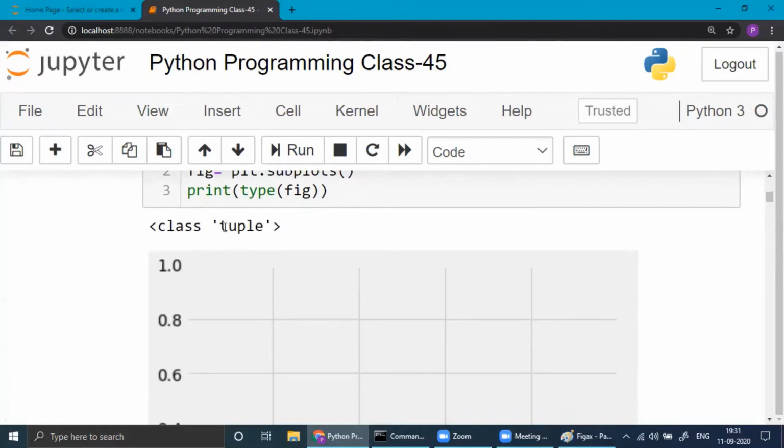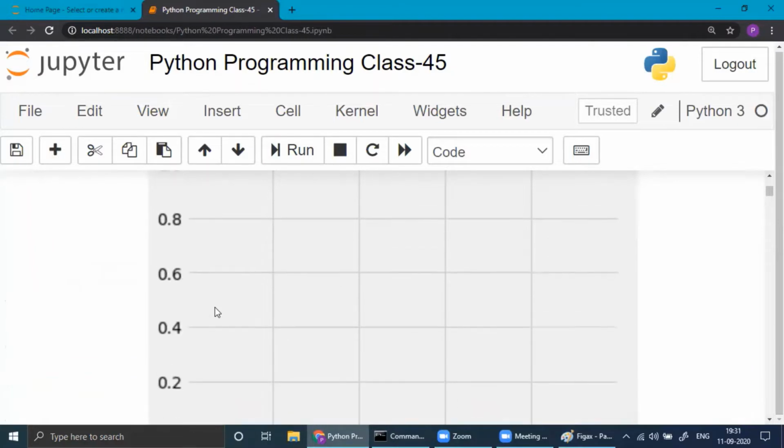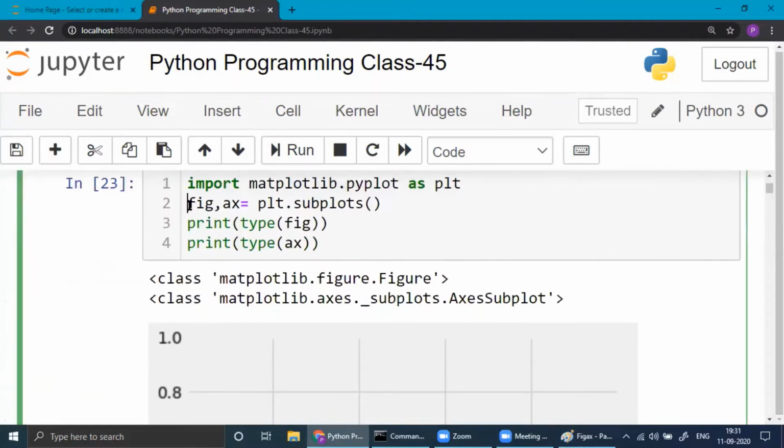But it gives a tuple. That means if you write one here in this line, this will give you a tuple where these two things are present. You will have two things anyway. If you write it FIG, then also you will get both.